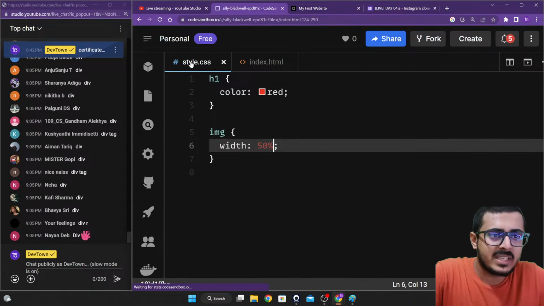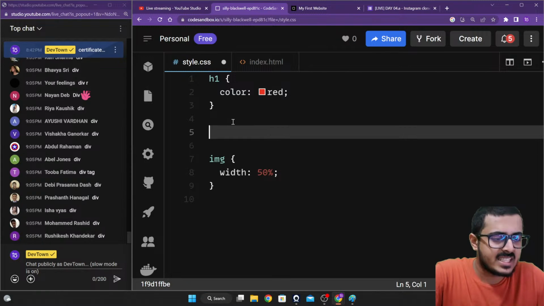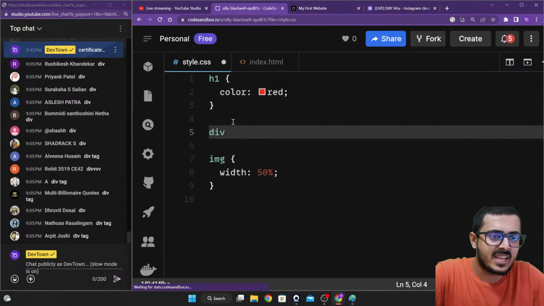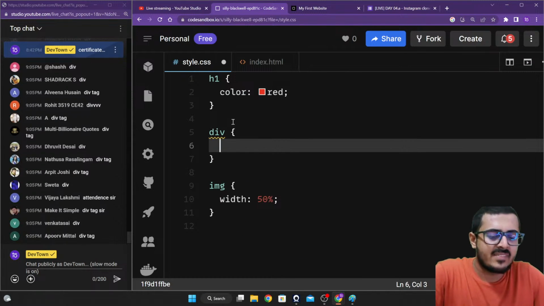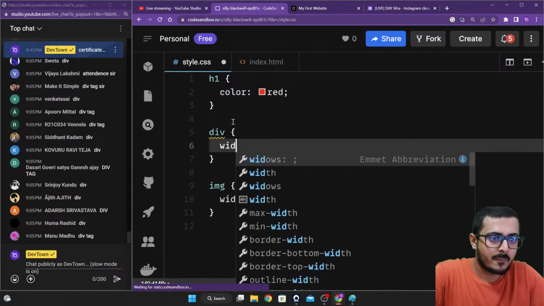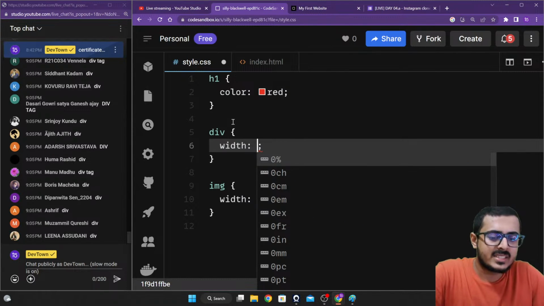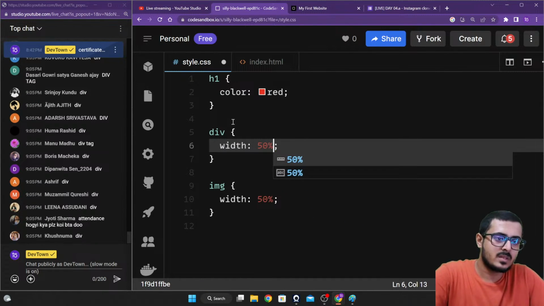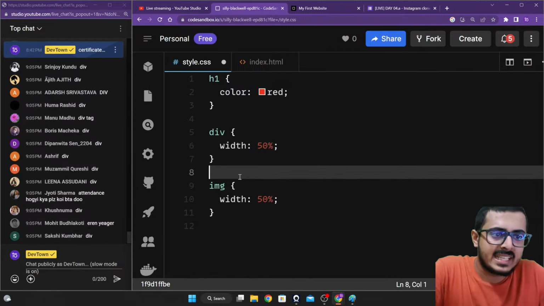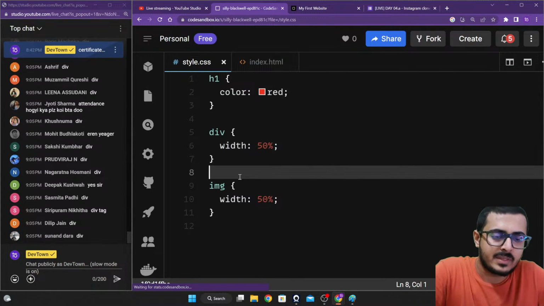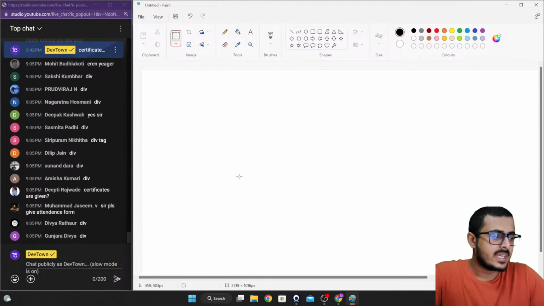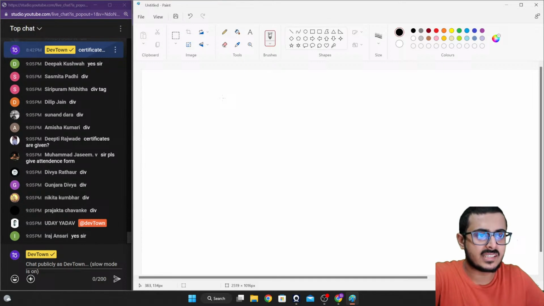So if I go back to my styles.css, I will select my div tag, and then inside, I will change the width to, let's assume, 50%. So if I'm saying that the div tag is having a width of 50%, let us go back to our page. If I'm saying that this is your body tag,